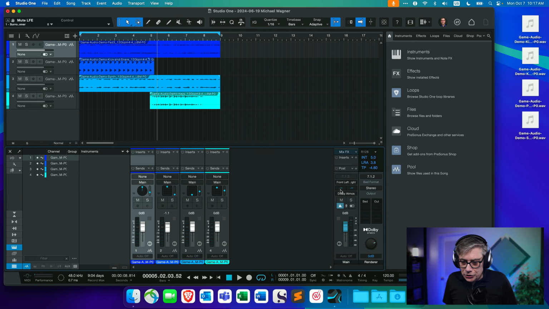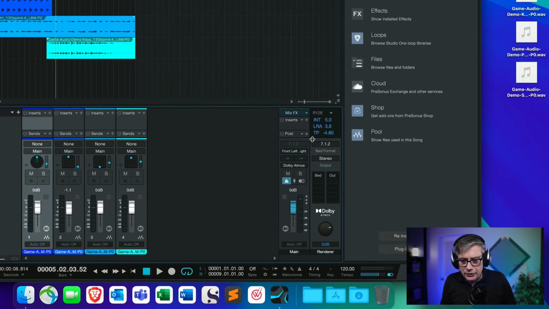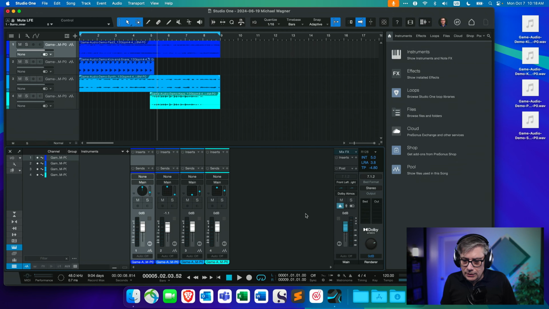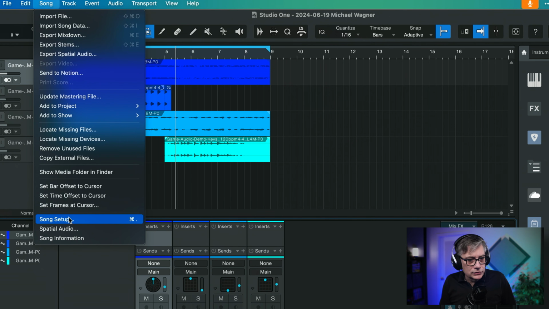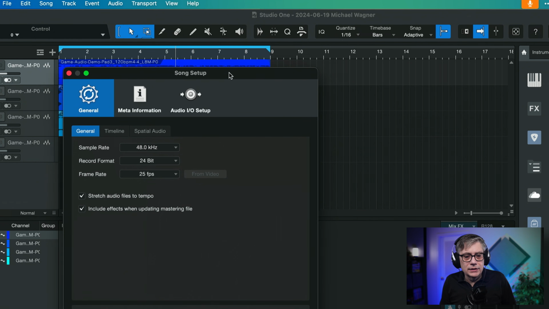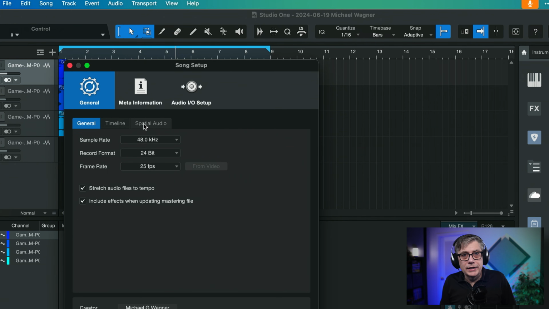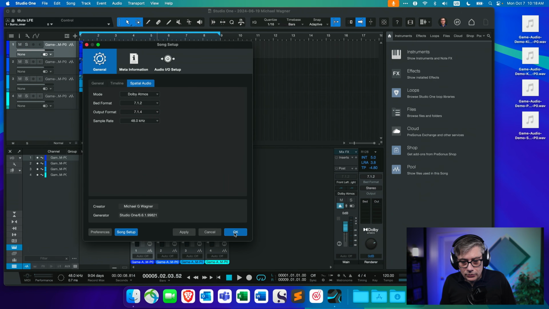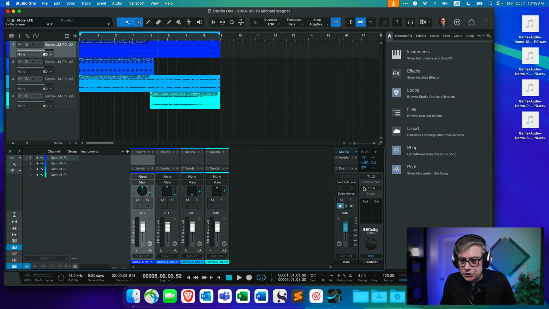So let's add Virtuoso to our setup. The way this is set up here is that I have the Dolby Atmos renderer rendering into a stereo output. So the first thing that I'm going to do is switch that over to 7.1.4. I'm going to use 7.1.4 simply because it's the standard way to set that up, but you could actually go to a higher channel count, so you could go up to 9.1.6, for example. So I'm going to choose the output format to be 7.1.4. I'm going to say OK. This then switches the Dolby Atmos renderer over to 7.1.4.